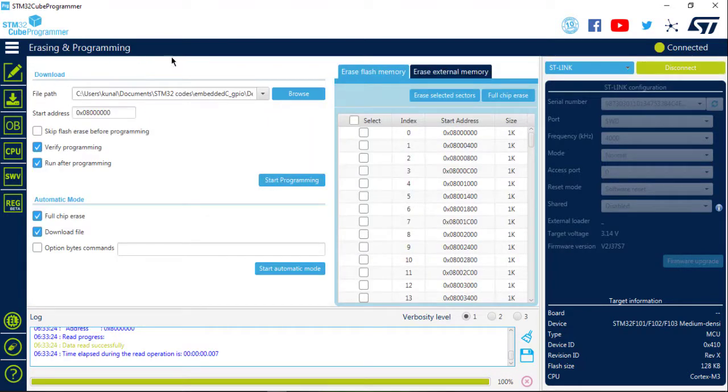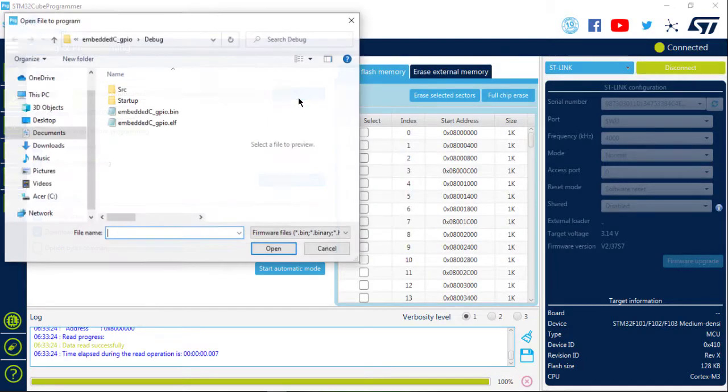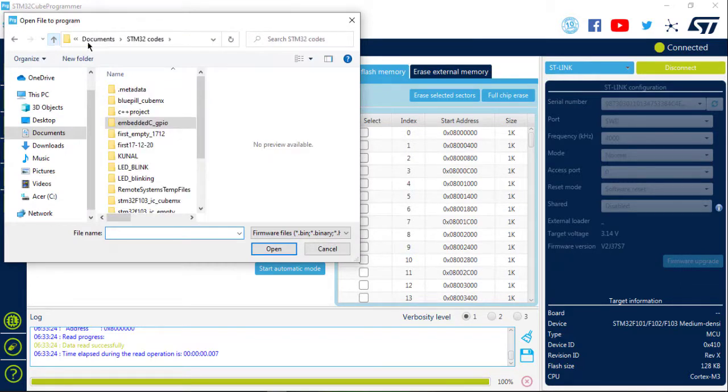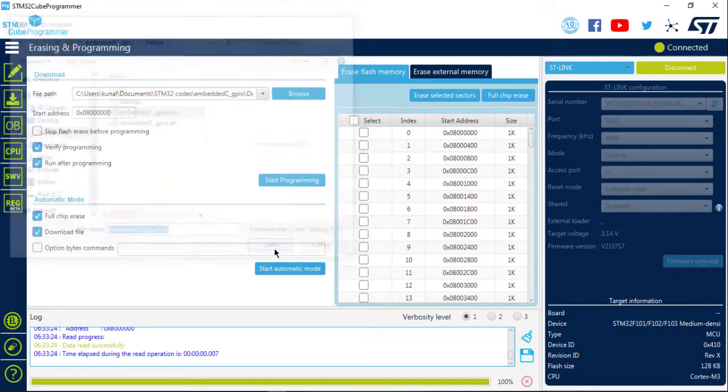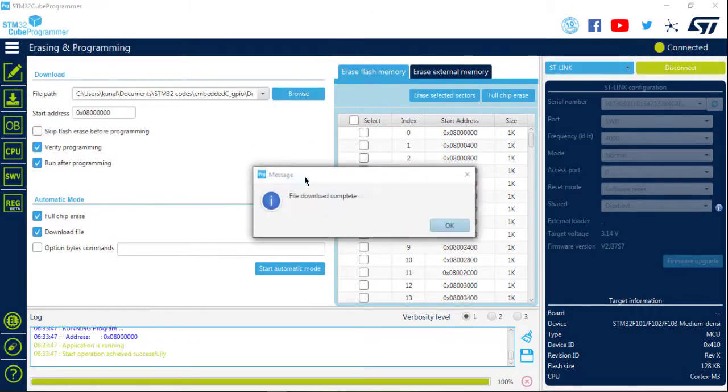Now you just go to the erasing and programming section, and here browse to the workspace and then to the project name which you have created. I have created it by the name embedded C GPIO. So in your project, go to the debug folder and select the binary or ELF, any of these files. Open it and then just start programming.